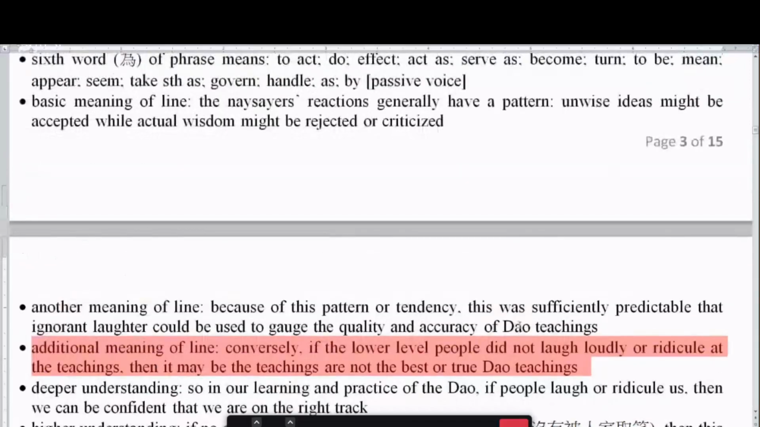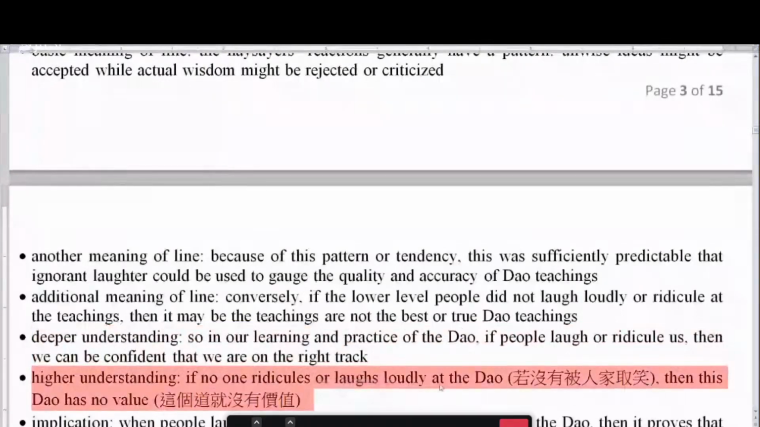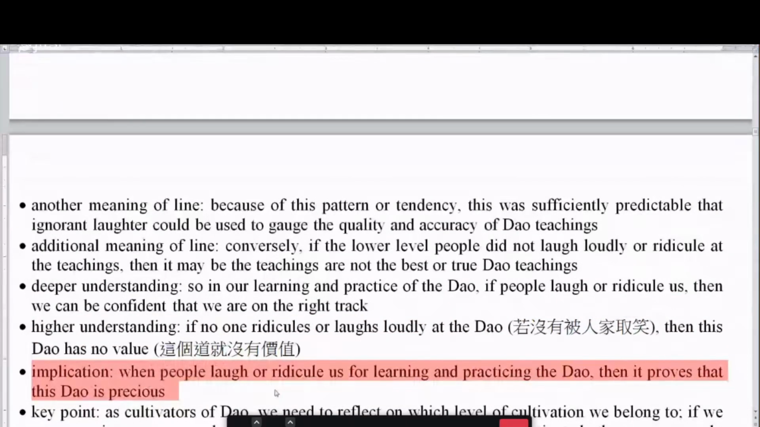So just remember, next time when you're talking about Tao to people who never heard of it, if they laugh really loudly at you or ridicule you, then ooh, the level and quality of the Tao that you're talking about is pretty high. So in our learning and practice of the Tao, if people laugh or ridicule us, that's the verb, ridicule us, then we can be confident that we are on the right track. If no one ridicules or laughs loudly at the Tao, then this Tao has no value. So when people laugh or ridicule us for learning and practicing the Tao,